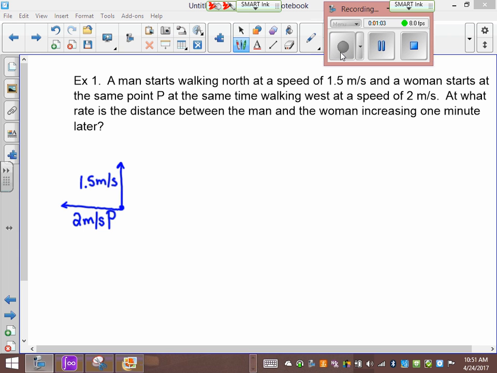So what is this forming? Triangle. So in order to do these,